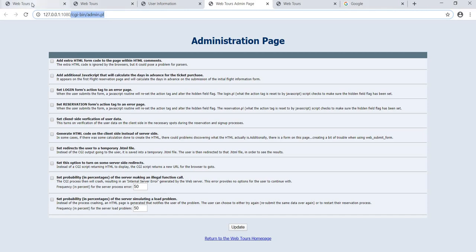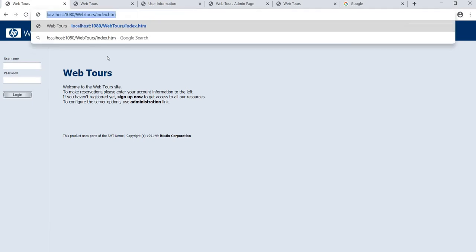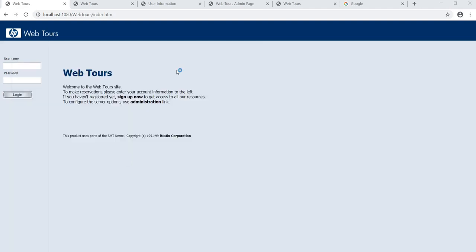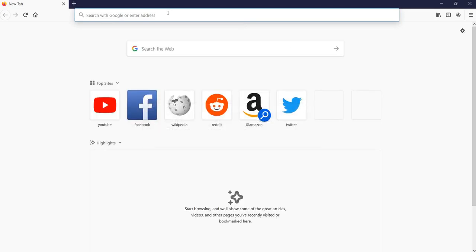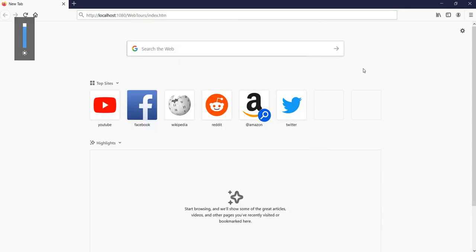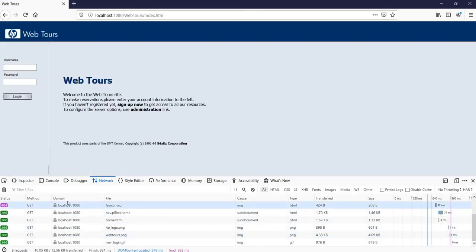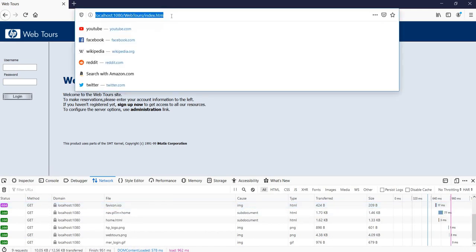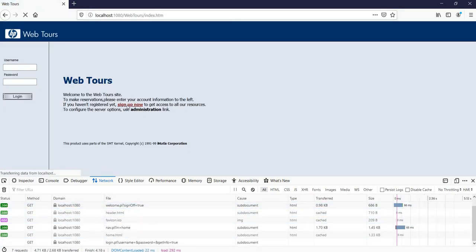Now I will tell you one more thing, which is about HTTP methods, which is also an important thing about this class. To understand this, I am opening Firefox because it is an easy tool and has a better representation as per me. You can choose any tool you want. Just paste the URL. I will press F12. You know the purpose of F12. Now I will hit enter, and in the network tab you can see that this is a GET request. It is also widely known that anything you write over here and press enter will only be a GET request. But now I will go and sign up.